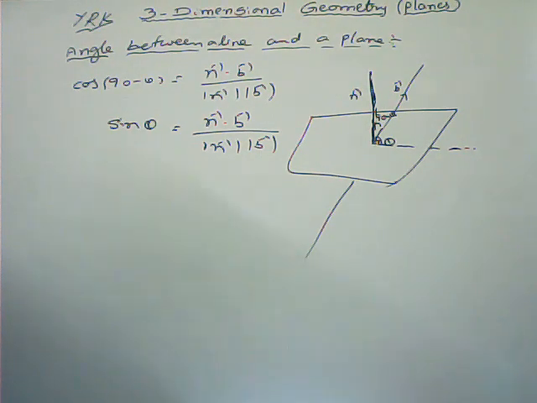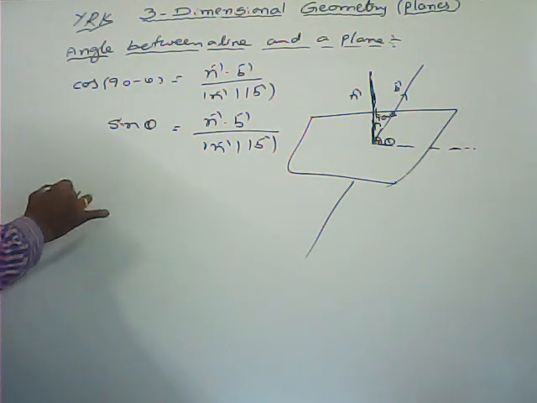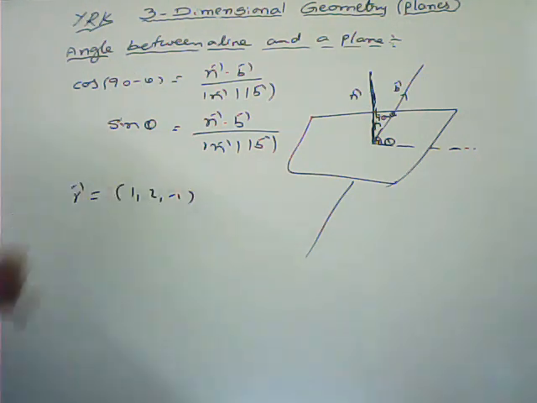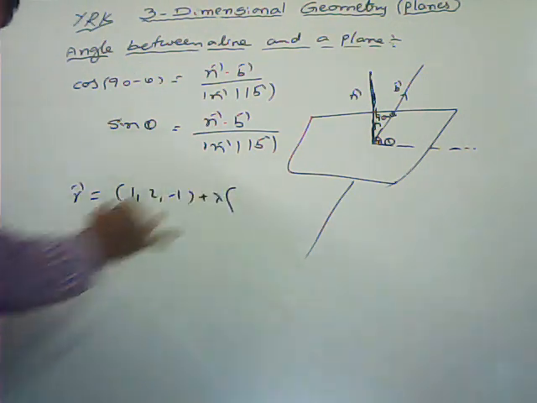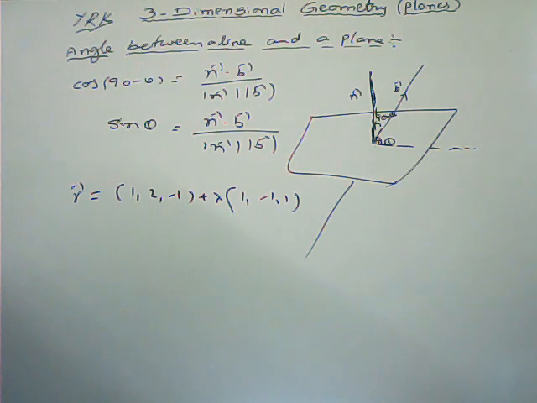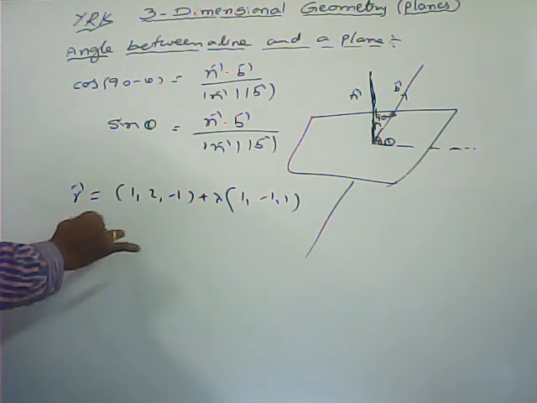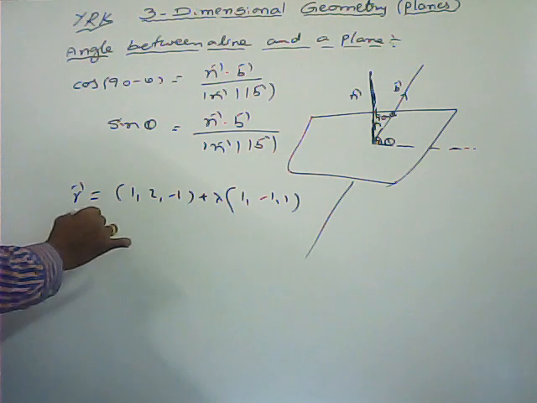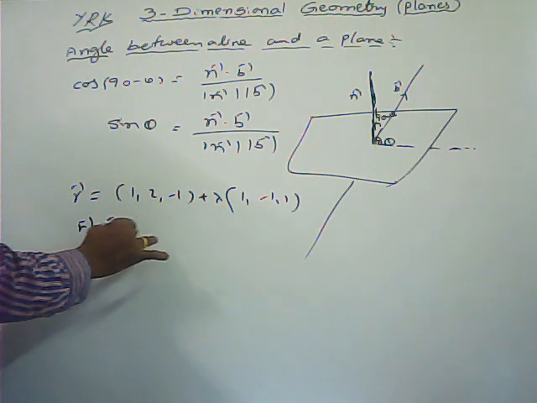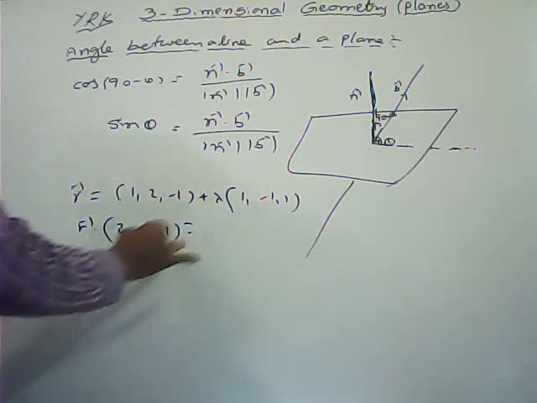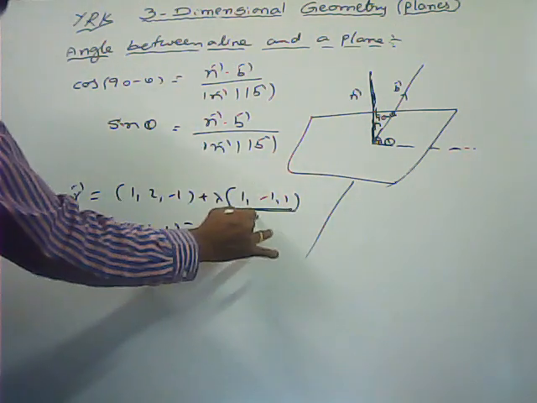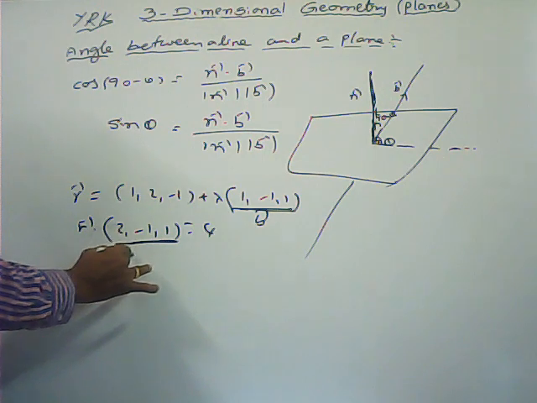Find the angle between the line, where the vector form is given: r bar equals i cap plus 2j cap minus k cap plus lambda into (i cap minus j cap plus k cap), and the plane equation is given. R bar dot n bar equals d only, the standard form of the equation of the plane: r bar dot (2i cap minus j cap plus k cap) equals 4. So what is the parallel dr of the line? 1, minus 1, 1, this one you can consider b bar, and the normal dr of the plane is n bar.